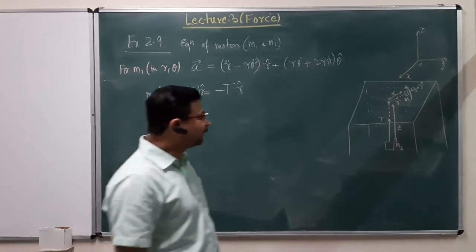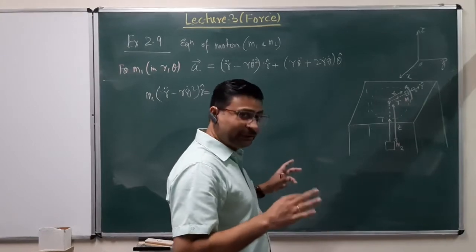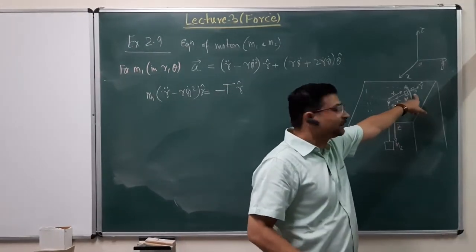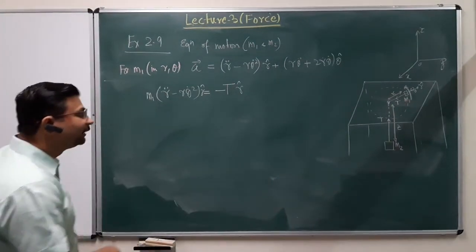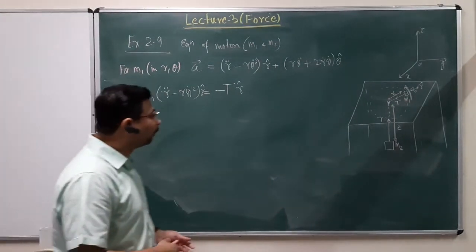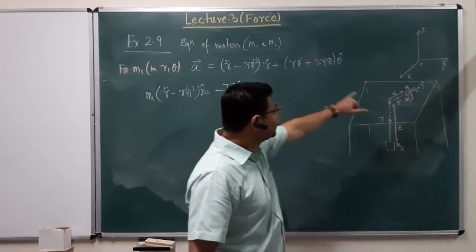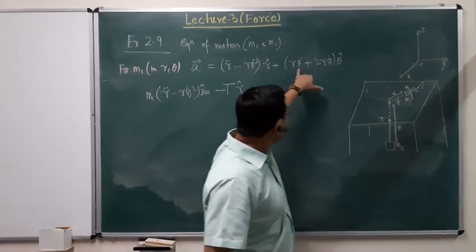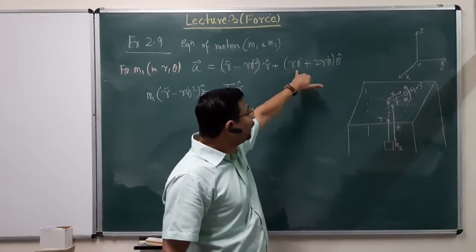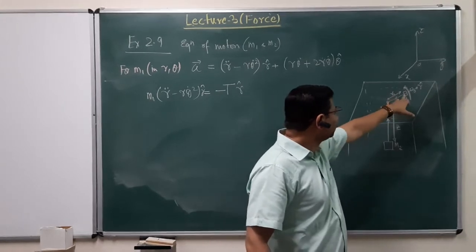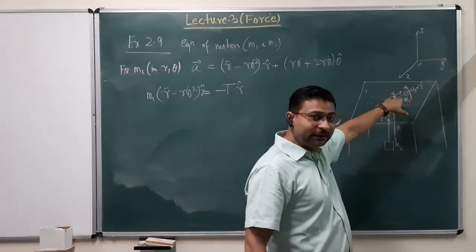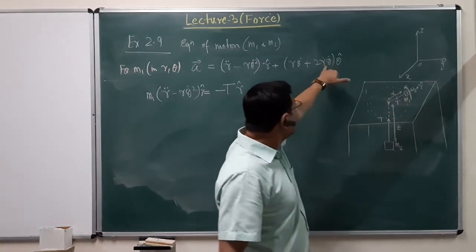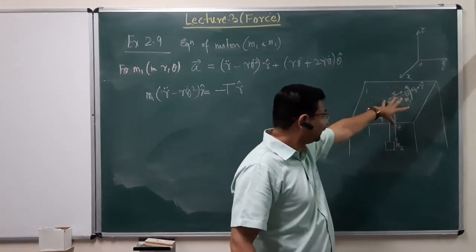Now what we are saying is at the instant t equal to 0, this is going on with a constant angular velocity omega naught. So there is no tangential component in the sense that, since theta dot is constant, theta double dot here will be 0. And also we are saying that the distance of this mass from the origin is fixed at r0. So there is no r dot also at that instant.